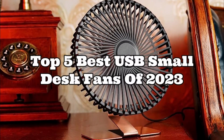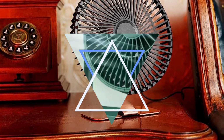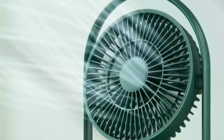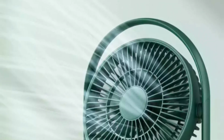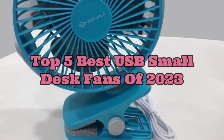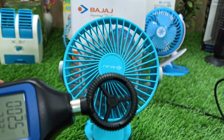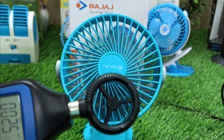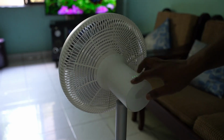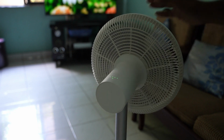for the year 2023. With the rising temperatures and humidity levels, it's important to have a reliable desk fan to keep you cool and comfortable while you work or study. In this video, we will be reviewing the top 5 best USB small desk fans on the market, based on their performance, durability, and affordability. Whether you're looking for a fan to keep you cool at work or to use in your home office, we've got you covered. So without further ado, let's dive into our list of the best USB small desk fans for